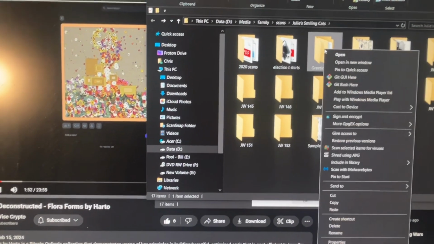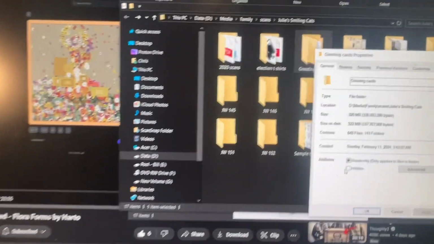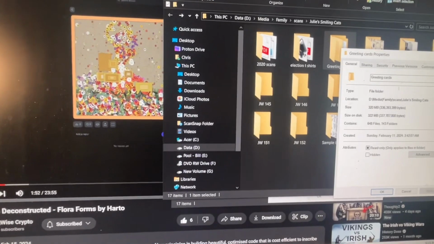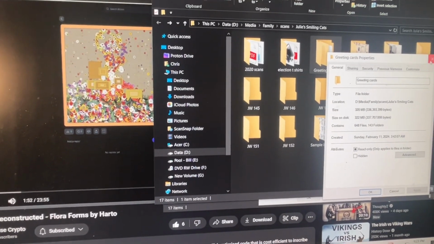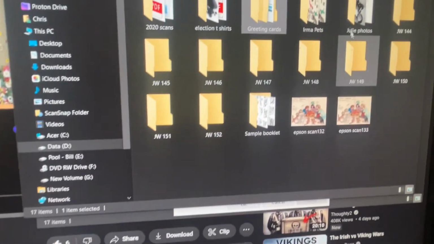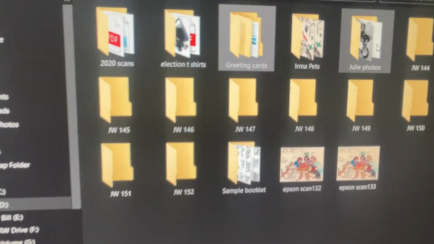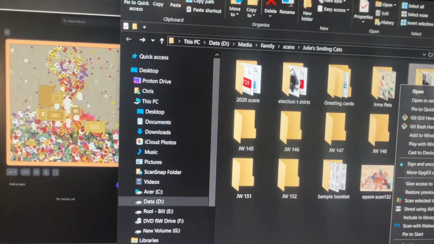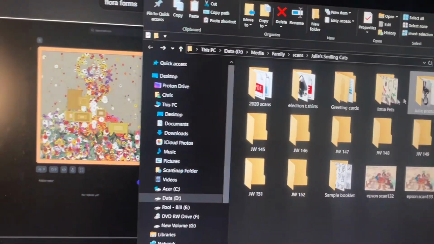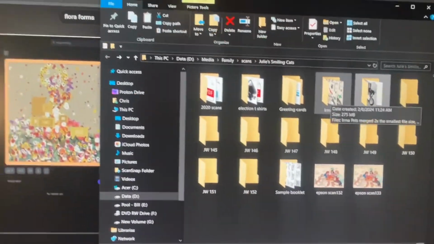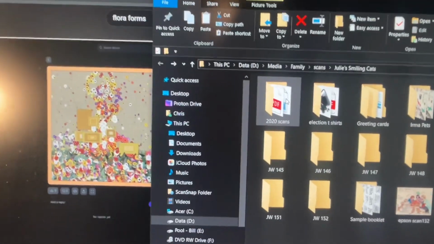So with all of that, it comes out to 320 megabytes. In total, it'll be probably under half a gigabyte when I'm all done, including all of these and the photos. How much are the photos? 45 megabytes. So in total, it'll be half a gigabyte. In 2020 we were using TIFF files,